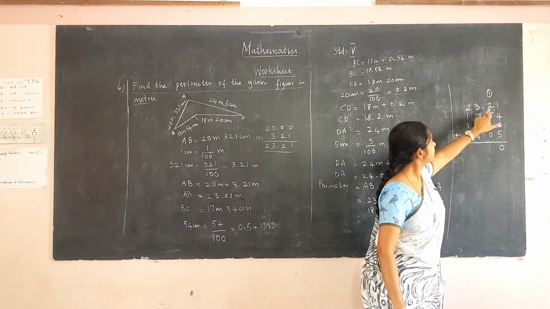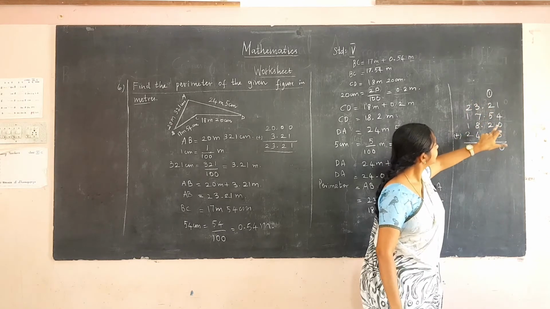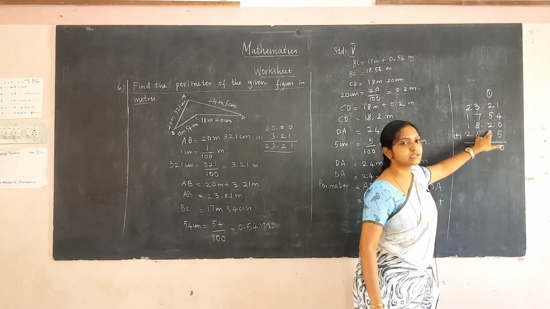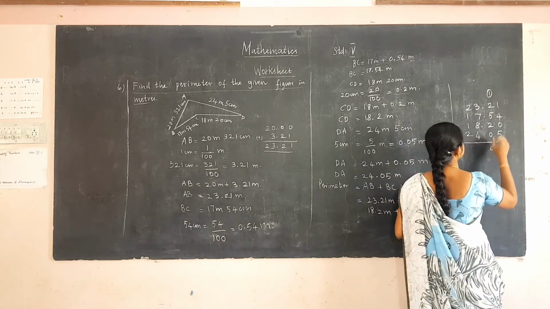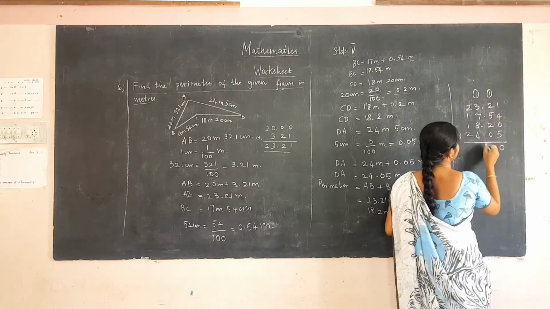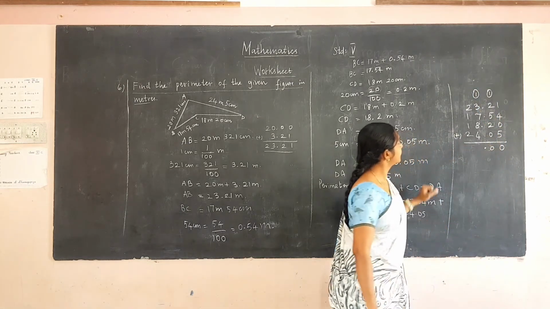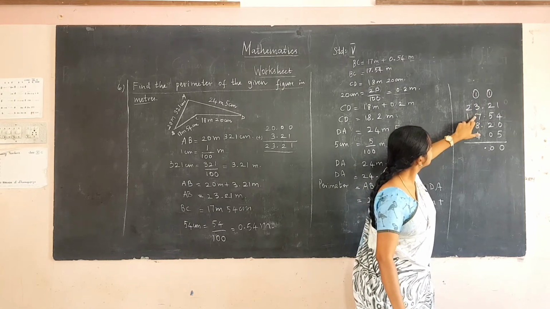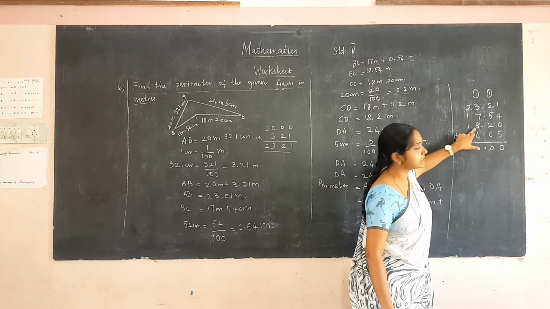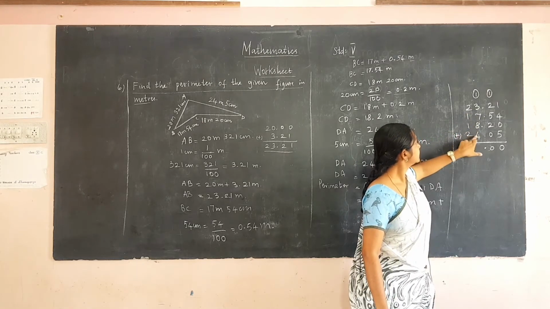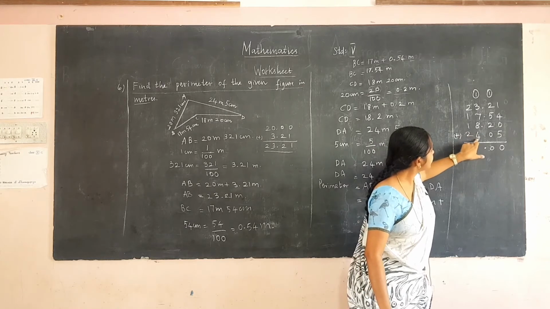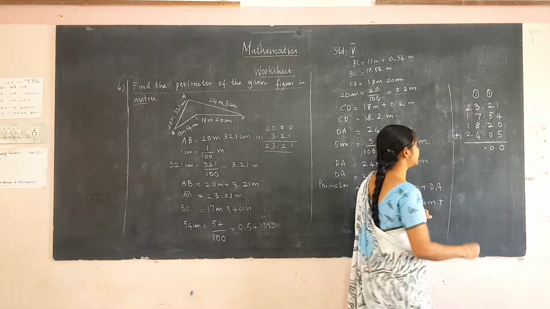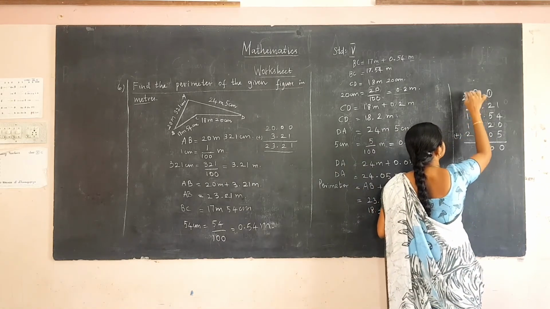2 plus 1 is 3, 3 plus 5 is 8, 8 plus 2 is 10. So write 0 here and 1 is carried to the next place. Now keep the decimal point here. 7 plus 3 is 10, 10 plus 8 is 18, 18 plus 4 is 22, 22 plus 1 is 23. So write 3 here and 2 is carried to the next place.